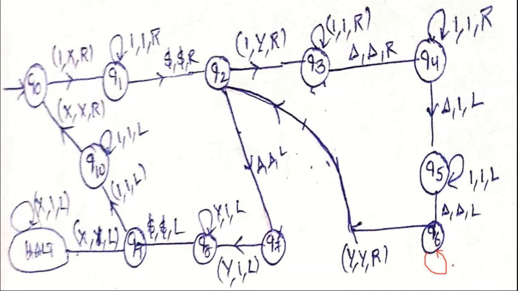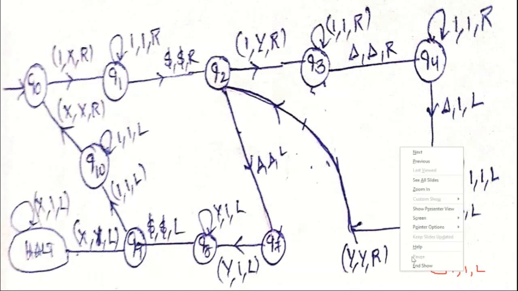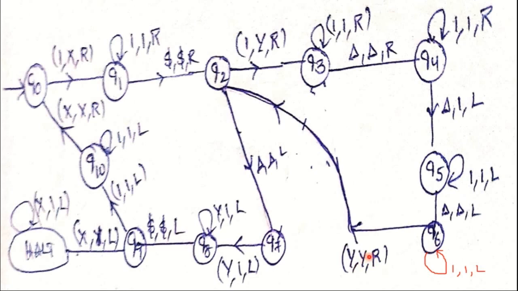So here that is 1, no change, and then move left. Why? Because here we are moving up to y, the last recently marked symbol from B. So that's why the remaining ones can be skipped when we read y. So that y can be as it is and then move right for the next one from the variable B.